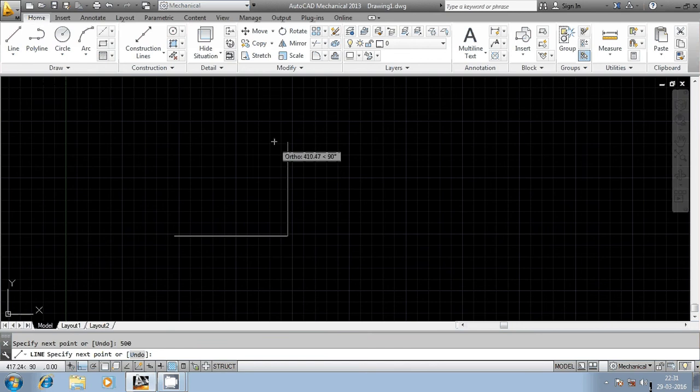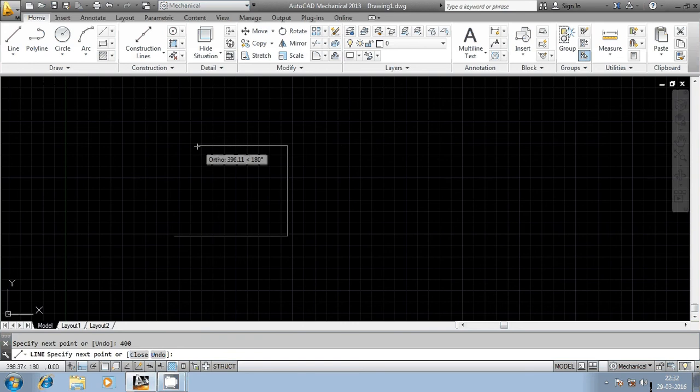Now it is asking for the second point. If you want to draw a vertical line, you can draw a vertical line. Now I want to draw a vertical line which is 400 mm in length. Then change the direction using the mouse. You need not press either the left or right button. You just have to move the mouse temporarily in the left or right direction.